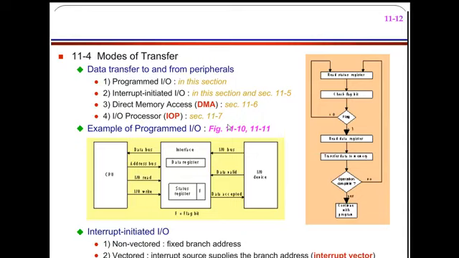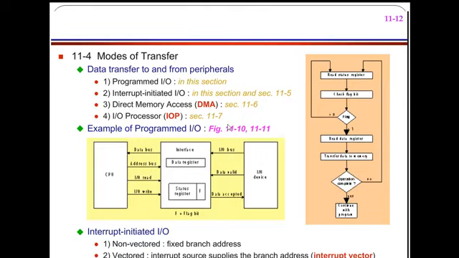Whenever it interrupts the CPU, what happens? Any input or output device interrupts your CPU. The CPU goes to that particular device and asks what service you require. The device says so and so service I require. Based on that, the CPU provides the service to that input and output device. If that particular address is specified by the device itself, then that type of interrupt is known as a vectored interrupt.